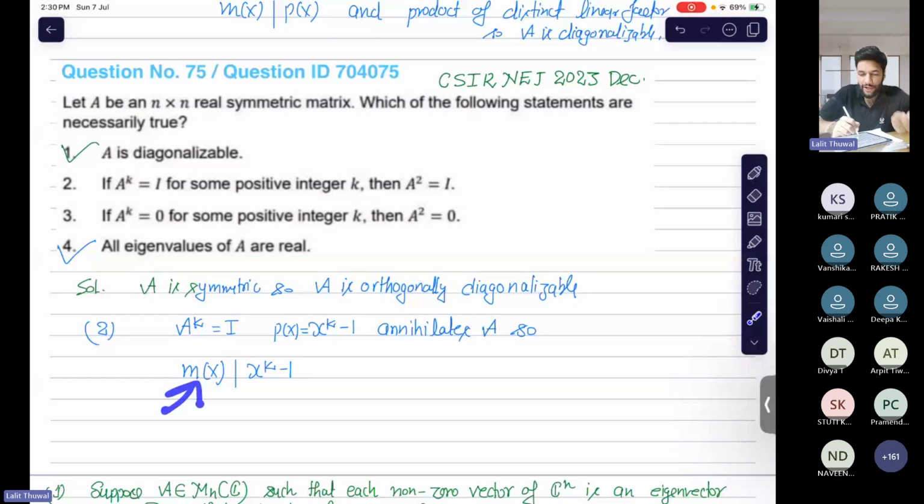You also have to keep in mind that all eigenvalues of the matrix are real here, because A is a symmetric matrix, so all eigenvalues are real, and every root of mx would be an eigenvalue. So from here we conclude that mx is either x minus 1 or x square minus 1,